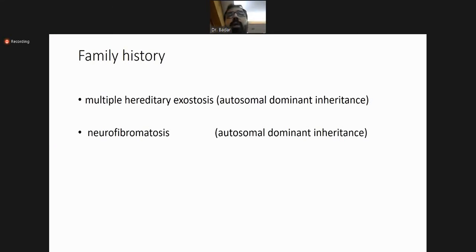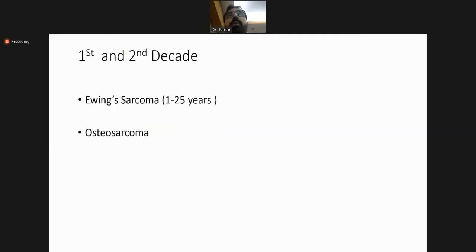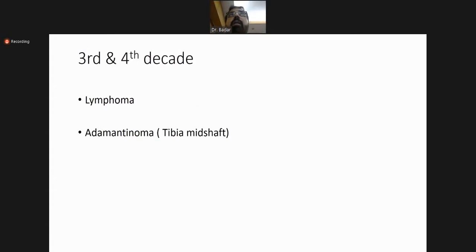So whenever you get your MCQ and you want to read the scenario, you just read the basics. If you read the scenario and you got the age first, a tumor in the first decade is most likely Ewing's, and Ewing's is most common in the diaphysis. So if the tumor is in the diaphysis in the first decade, it is most likely Ewing sarcoma. In the first decade, if the tumor is in the epiphysis or metaphysis, most likely the metaphysis, it is most likely osteosarcoma. While in the third and fourth decade, if the tumor involves the diaphysis, it may be lymphoma. While adenocarcinoma is a common tumor that occurs in a female if the tumor is lying in the mid tibia.